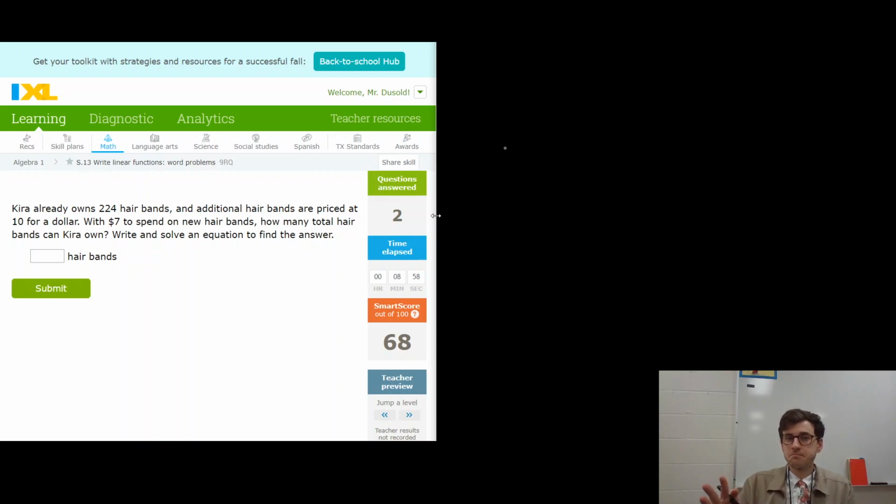So we're saying before she has bought any hairbands, this is 0 purchases. On her 0th purchase, before she's purchased anything, she has 224 hairbands,